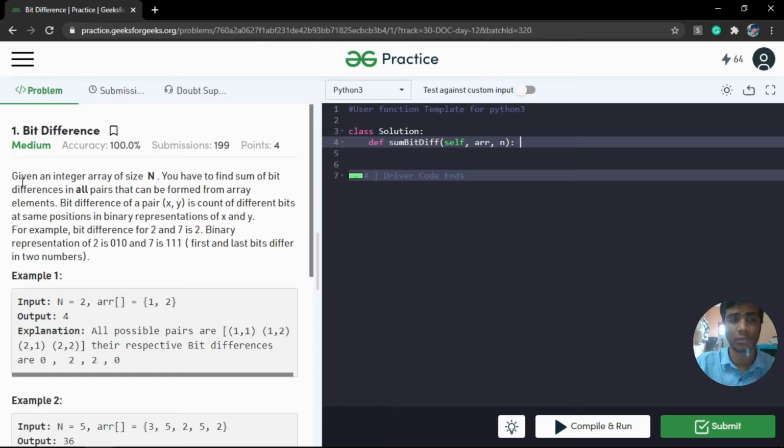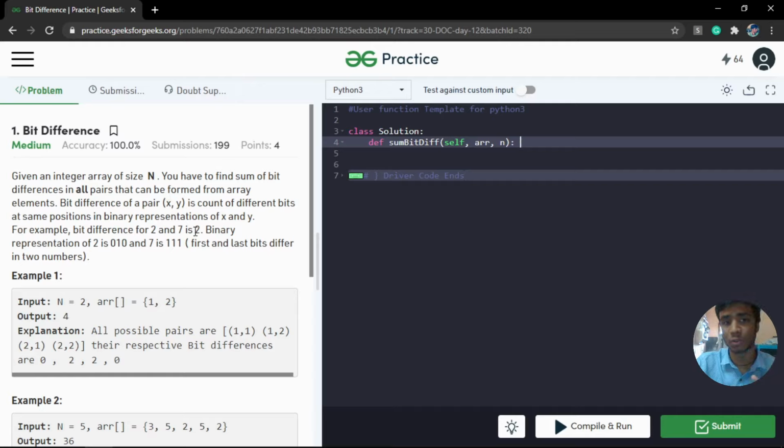We are given an array of size n, and we have n numbers in that. You have to find the sum of bit difference in all the pairs. So we have to prepare all these pairs that can be formed from an array, and we have to check the bit differences in all these pairs. And the bit difference is nothing but, if I have chosen a pair called 2 and